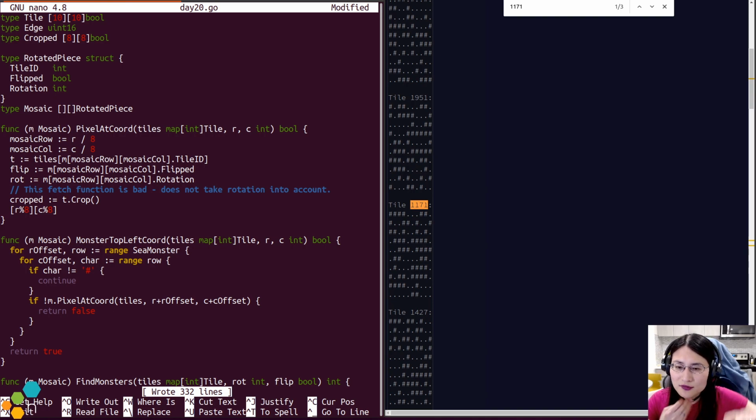So if it's flipped, the rotation has the potential to change where I start reading from, which corner I start reading from, and what direction I go.